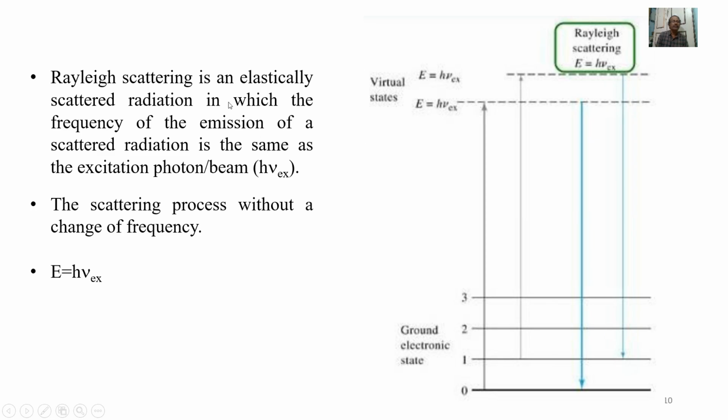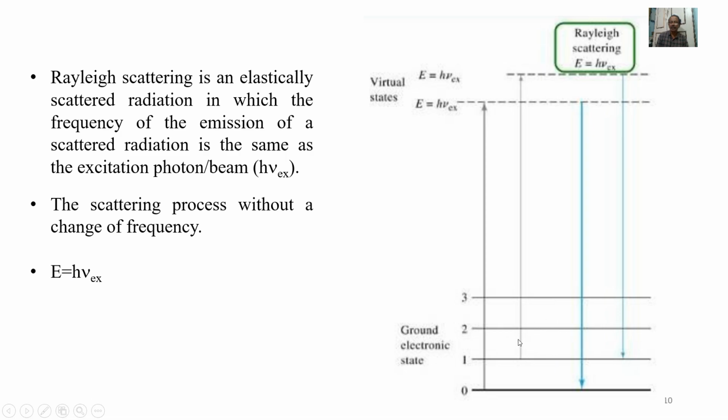Rayleigh scattering is an elastically scattered radiation in which the frequency of the emission of the scattered radiation is the same as that of the excitation photon, which is nothing but h nu excitation. It is a scattering process without a change of frequency. So here E equals h nu ex, and these are all